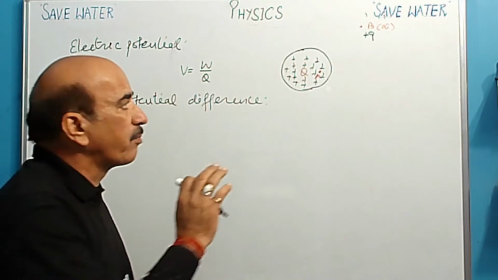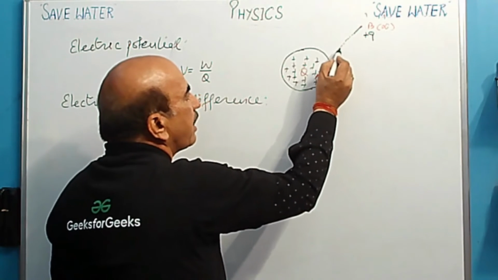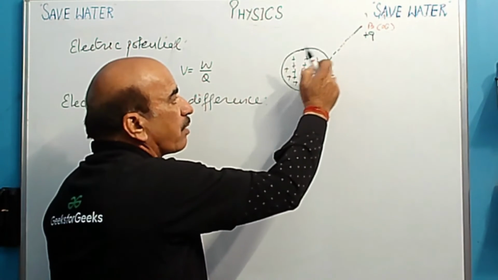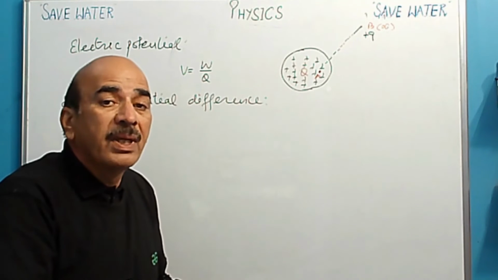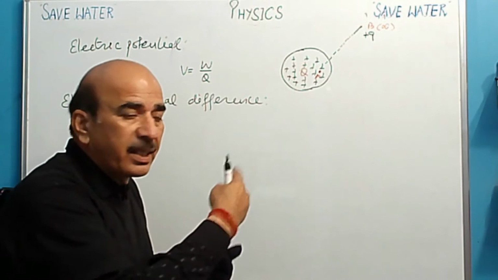ये पढ़ा था हमने, है ना? तो ये यहां से आता है. It can come here straight. यहां इसको सीधा ला सकते हैं हम. And ये force of repulsion is there. Positive charge. So therefore I said against the electrostatic force of repulsion. Electrostatic force of repulsion यहाँ पर, है ना?